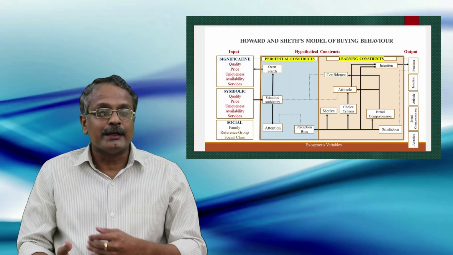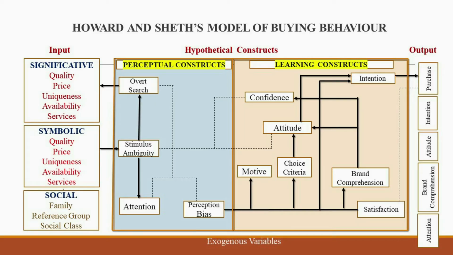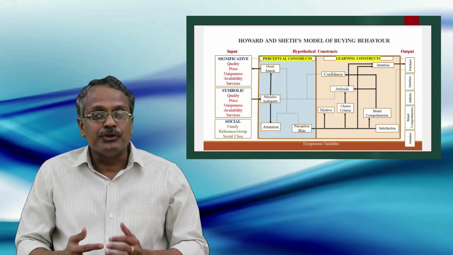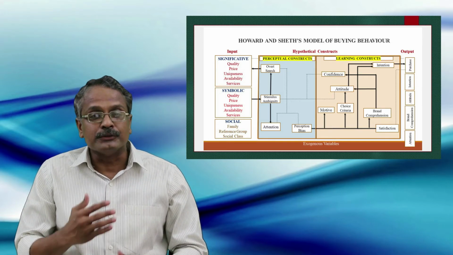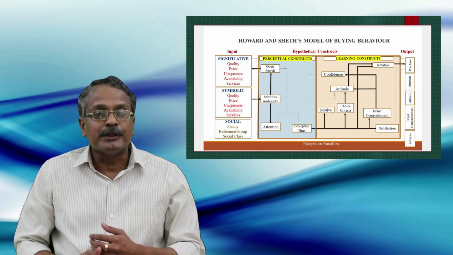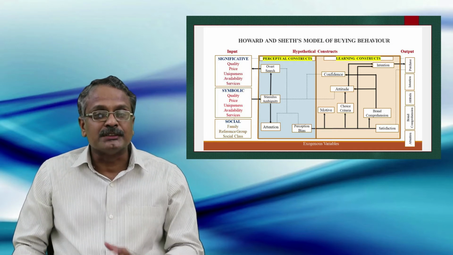We can move to the second part, that is the processing part. This part of the model is called hypothetical constructs. This explains the complex state of mind where all the psychological processes are taking place. Here the information cues are evaluated on the basis of attitude, perception, motives, etc. It explains the way the consumer compares information about various products in order to choose the best which fits his needs and desires.